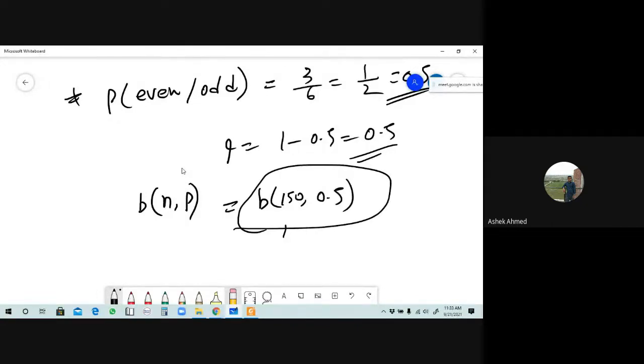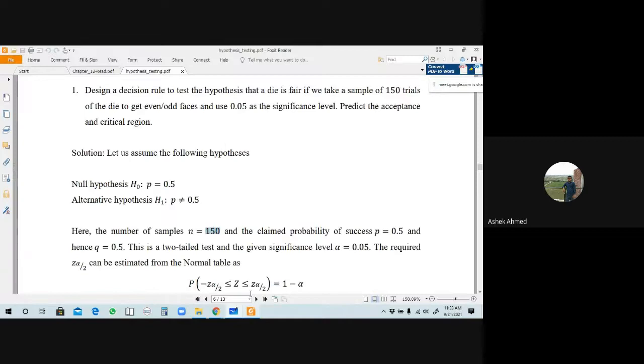That was the formula of the distribution, whose type of distribution? B of n comma p, that was whose type of distribution? Which distribution was it? That was Binomial distribution. Okay, so in terms of binomial distribution, n is the number of trials, p is the probability of success. For binomial distribution we know that the mean was n comma p, and variance was n into p into 1 minus p. 1 minus p means q. So from here we can determine the value of sigma, the standard deviation. So we will apply this concept here.